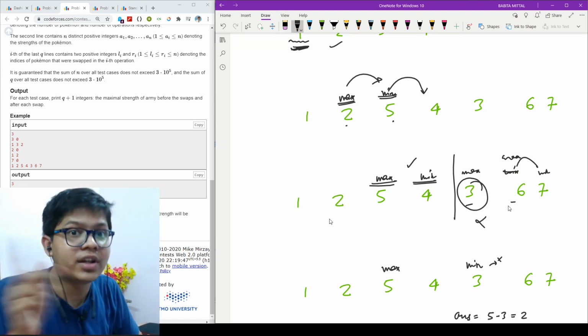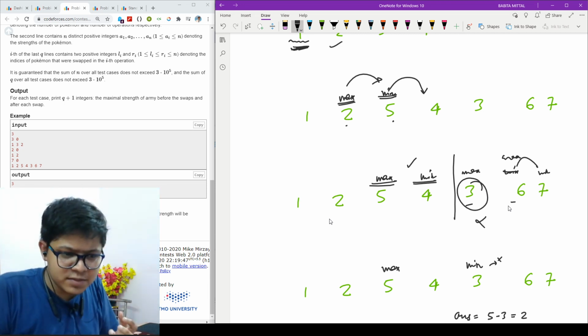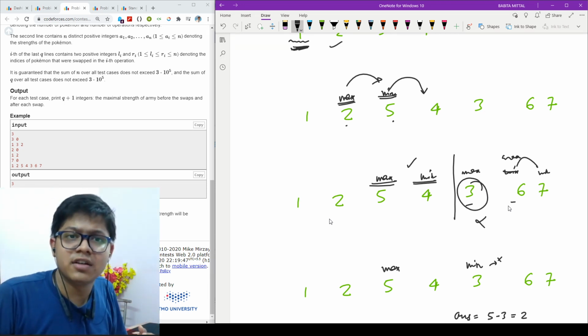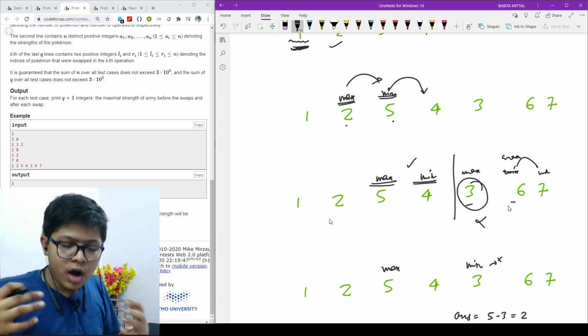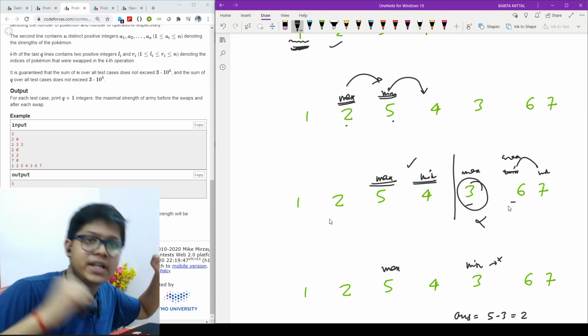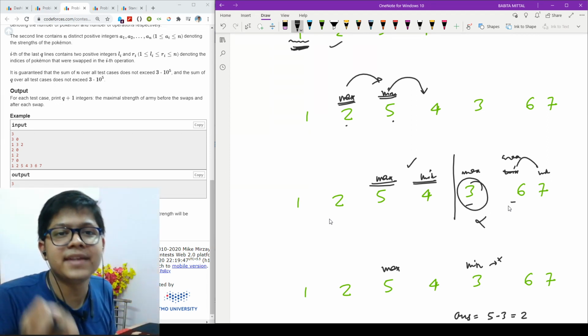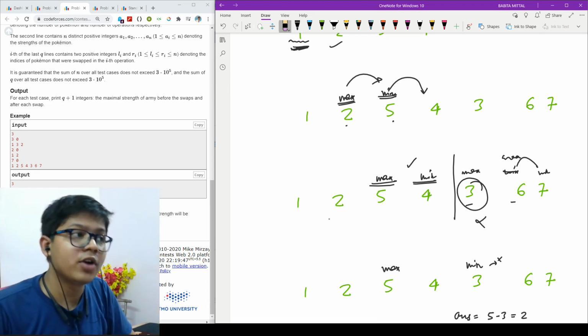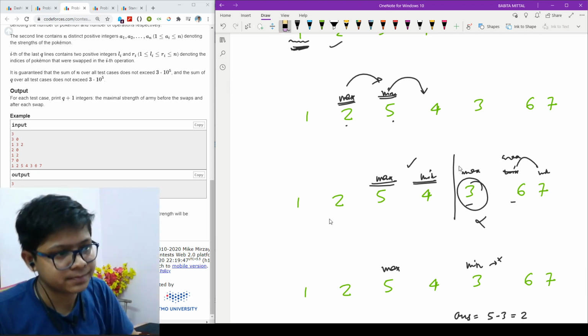So as you can see, my 3 got wasted here. My 3 was not utilized here, which means the energy, the locality, the minima feature of 3 was wasted. So I should try that if I can go deep. So I should go deep. It is the basic feature of the valley approach. But in the next video, I will show the valley approach. For now, let's see that 2-pointer approach.